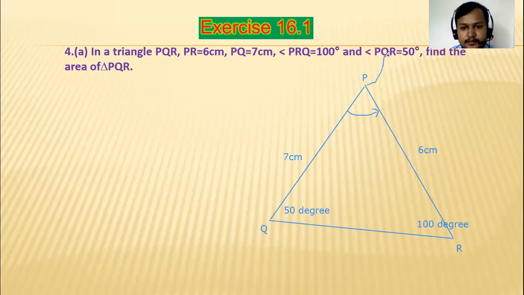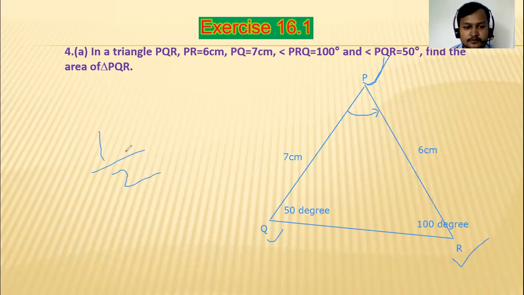How? Angle P plus angle Q plus angle R is equal to 180 degree. Reason is sum of interior angles of triangle. And after finding angle P, we know the two sides as well as the angle between them. Two sides given to us are side PQ as well as PR. If we get the value of angle P by using sum of angles of triangle, then